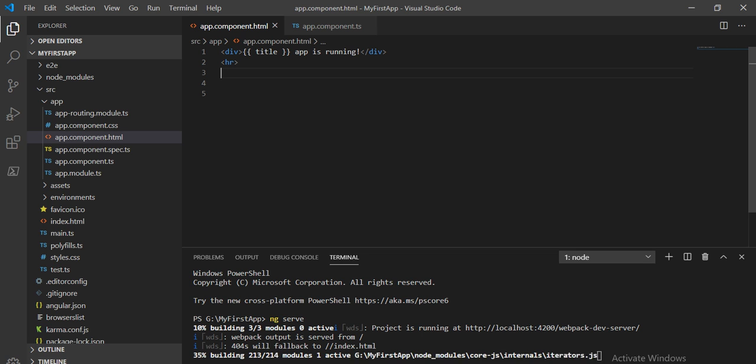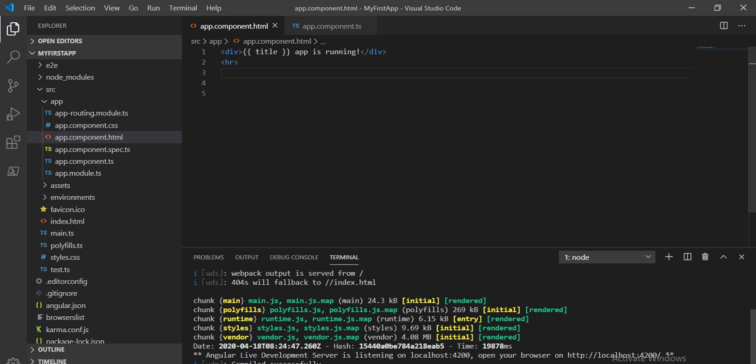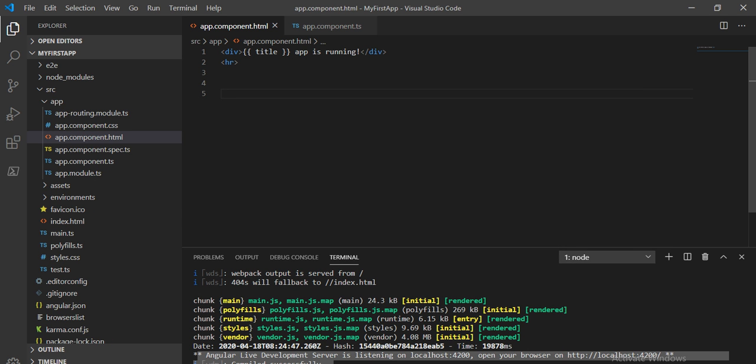It takes some time to compile. So we can see that compilation is successful. Now let's see on the browser what it is showing. Currently it is showing the .NET Office app is running. So now let's create the property binding in this HTML page.